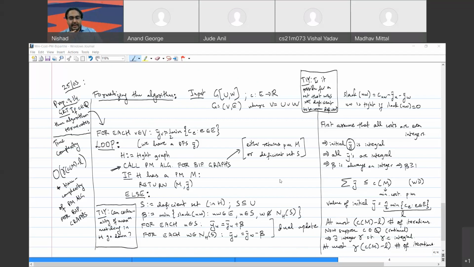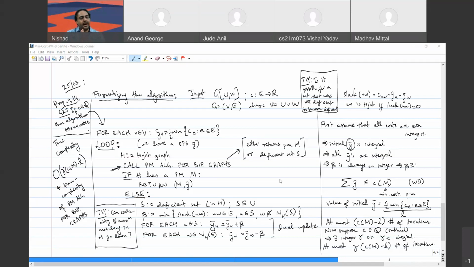Yeah. So if the values are irrational numbers, then at this point we don't have an argument to show that the algorithm terminates. It looks like it should or it might, but we don't have a way to prove it right now. At least I don't see how to prove it right now. So if you get an argument that works for all real numbers, then please do share